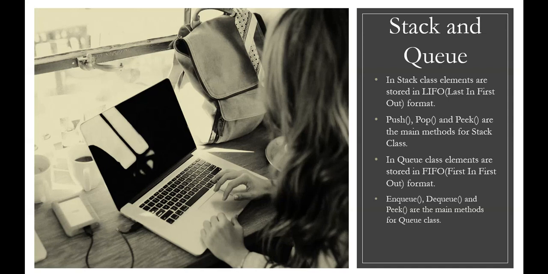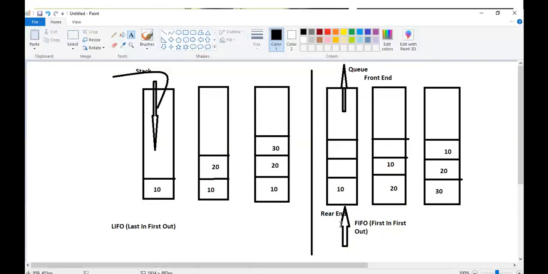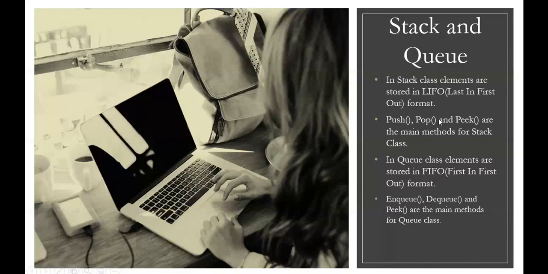Quite similar to this, in case of Q also there are methods like enqueue, dequeue, and peek. Like push, enqueue will insert the element into a queue from the rear end. Dequeue will remove the element from the queue, and obviously it is from which end? Front end. So you can watch this out. If you are inserting, enqueue will be used. If you are removing, dequeue will be used. This is the scenario.